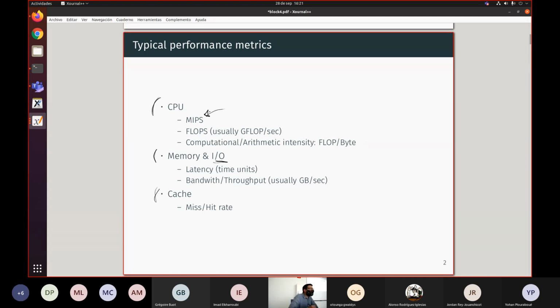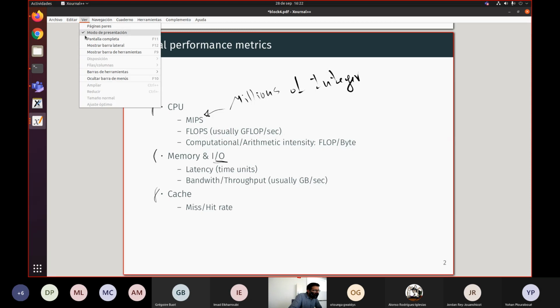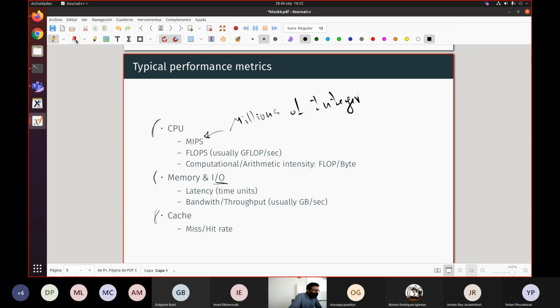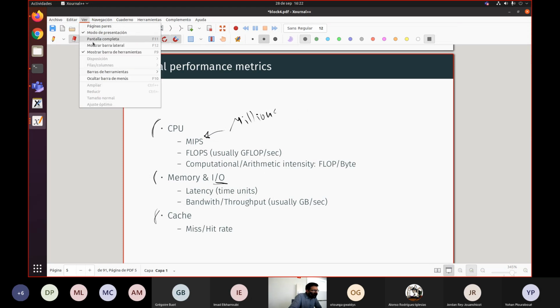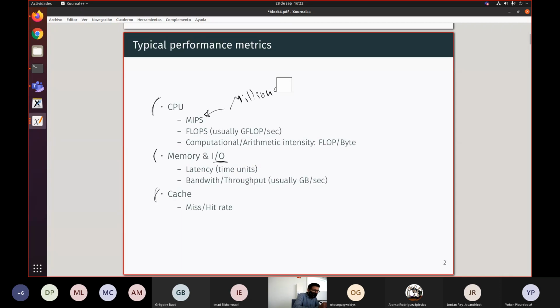I don't know if you are familiar with MIPS. MIPS means millions of instructions per second. Sorry, it's not integer operations, it's instructions per second. Okay, millions of